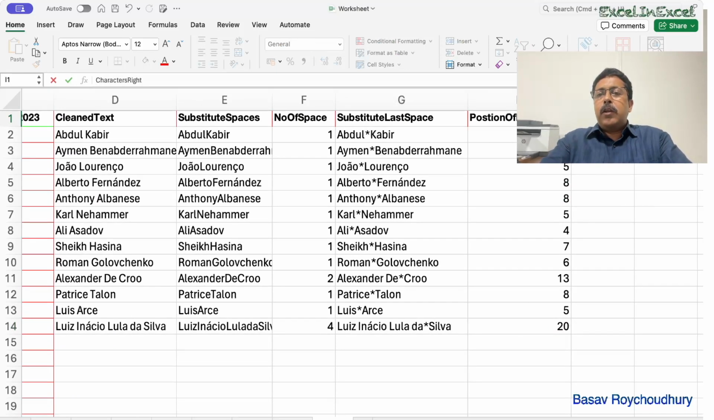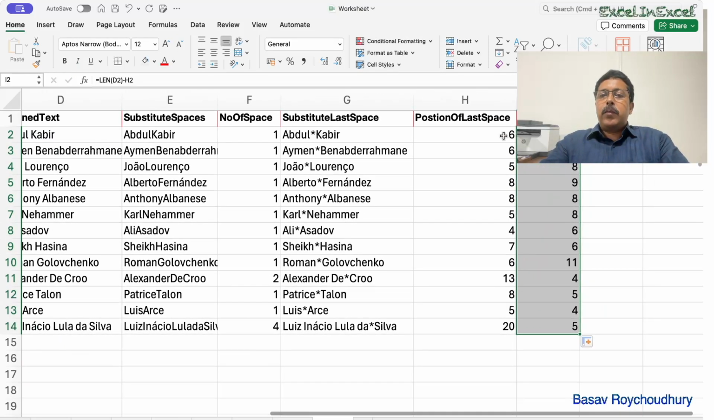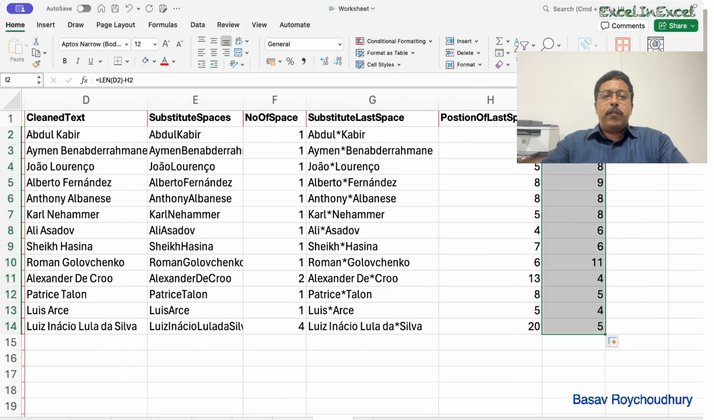characters from the right we have to take, that is the length of the original name minus the position of the last space. And therefore now, as you can see, we know how many characters to take from the right. So for Mr. Kabir, I take 5 characters, while for Mr. Silva, I take 5 characters,